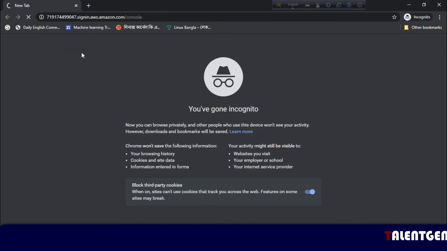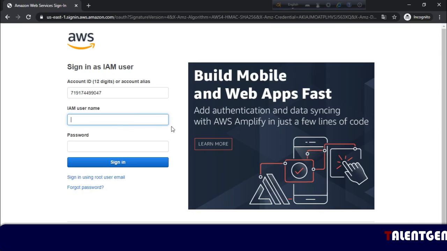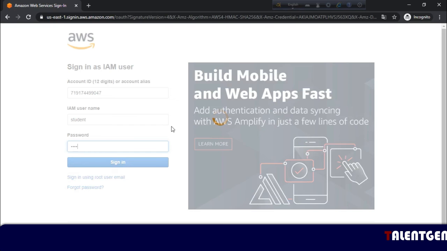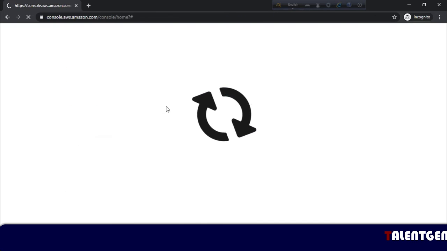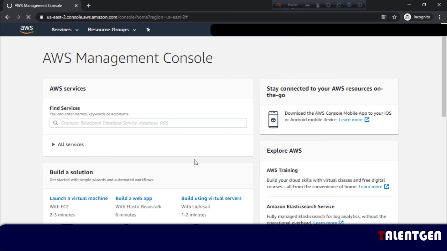Paste this link in the URL tab, and type the username student and password 1234. Now log in to the AWS management console.